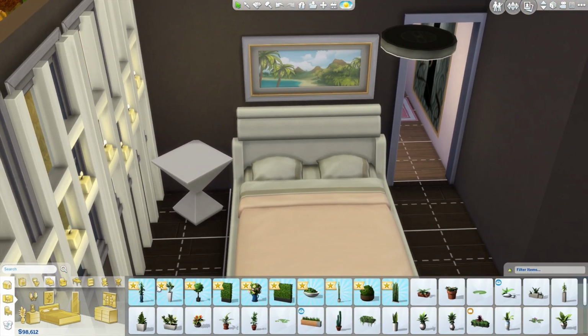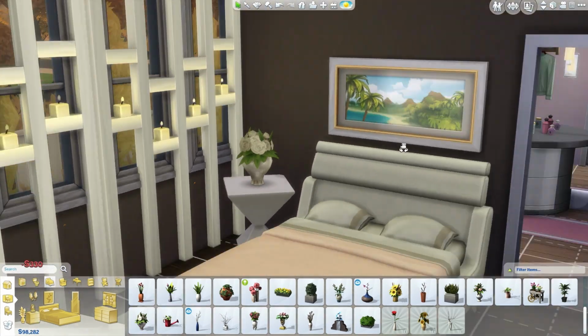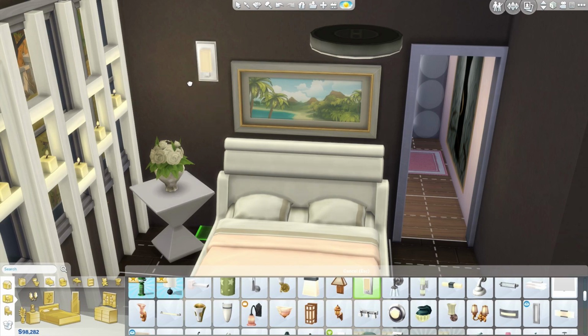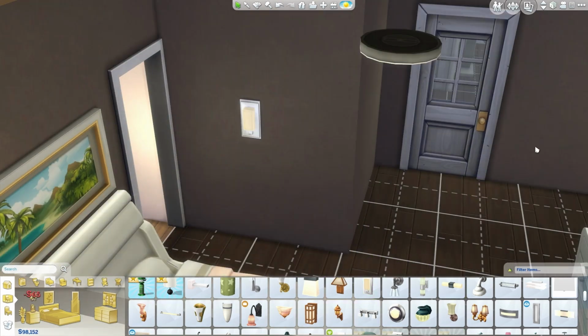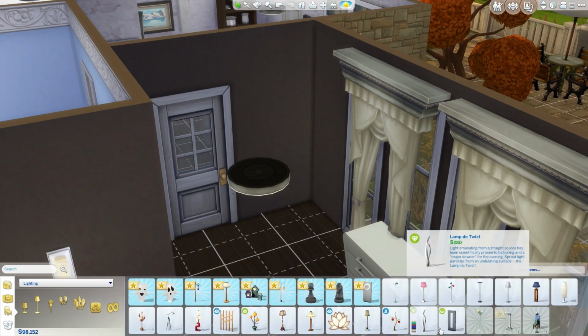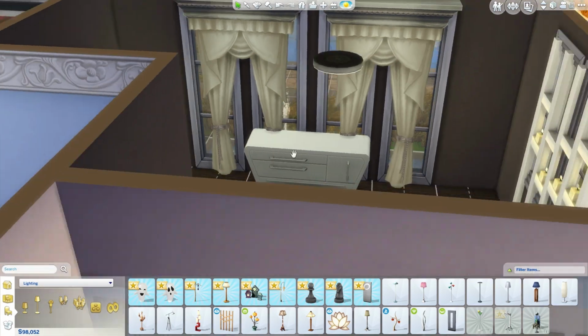You guys get me. So at this point, I'm really just trying to find things to decorate the bedroom, looking at different floral accents. Again, super, super girly and feminine, but I just really like it. And I really like how all the fixtures came out. So at this point, I'm just adding more structural pieces, such as